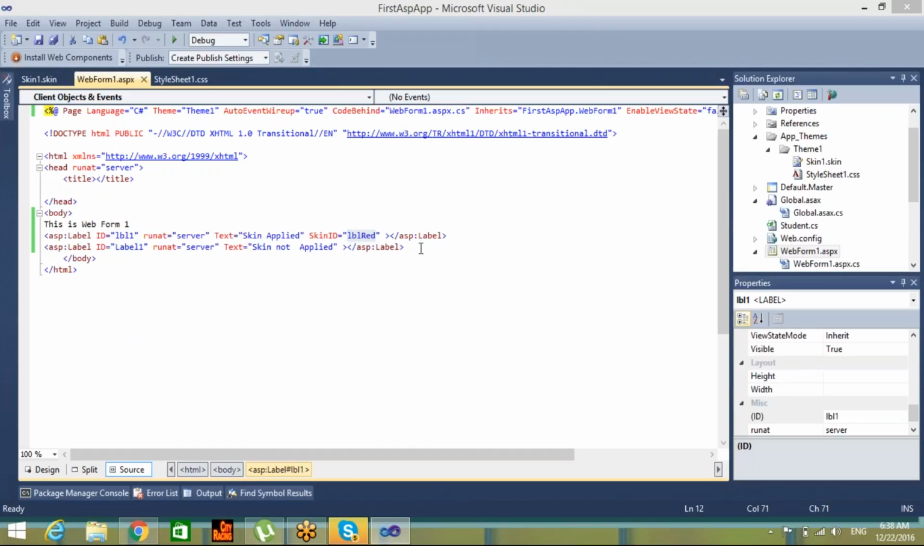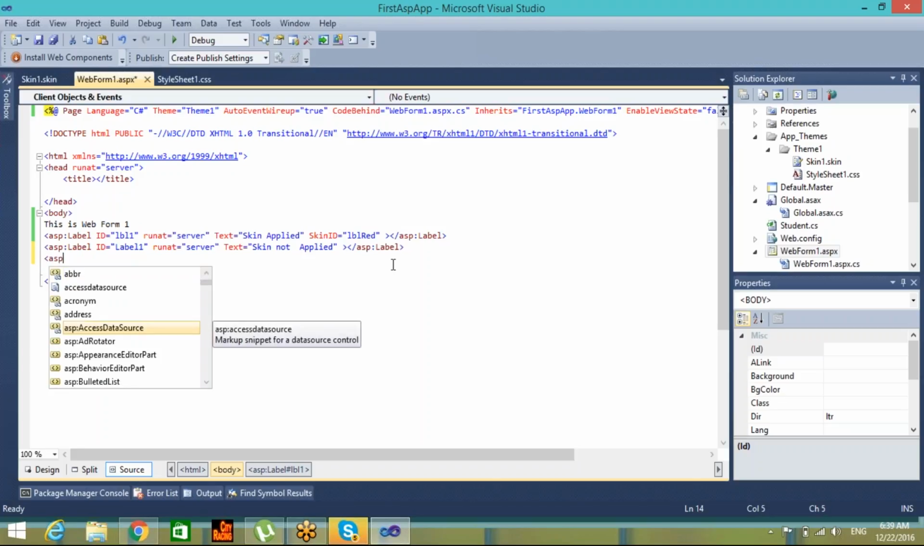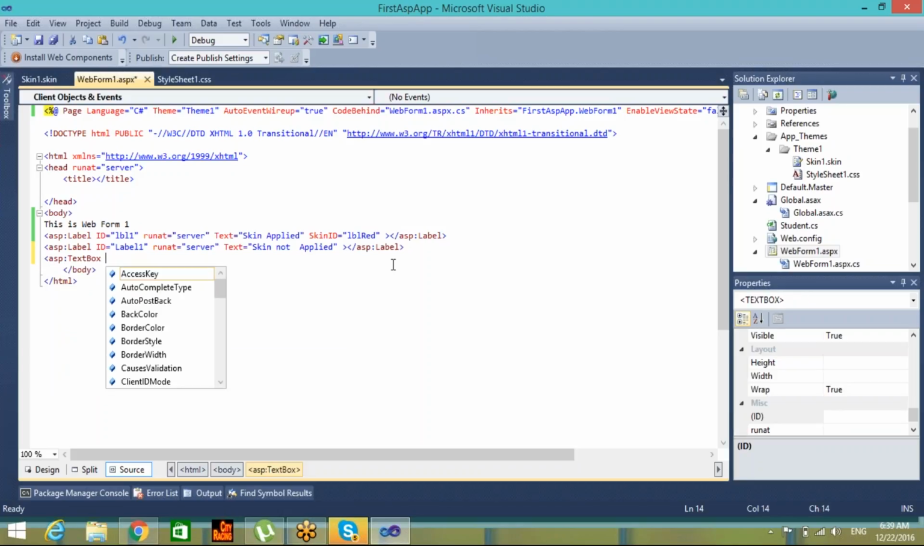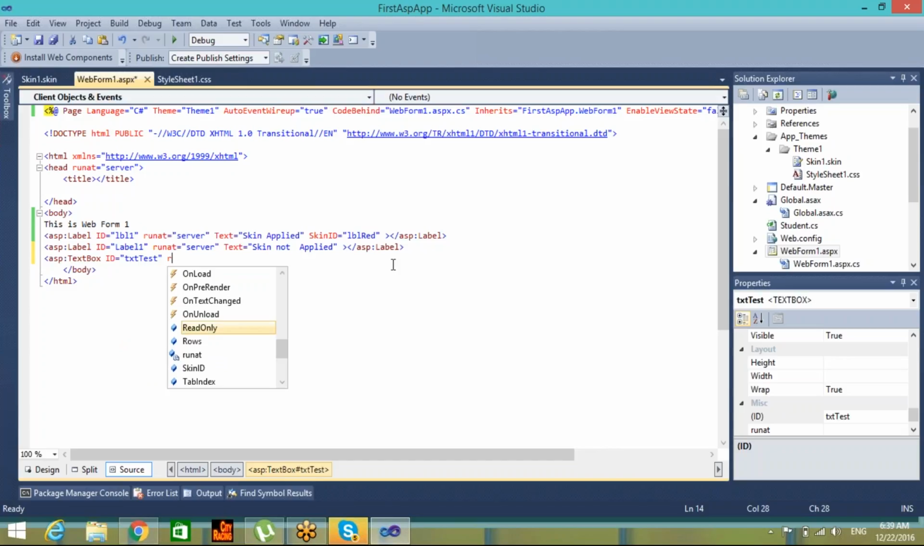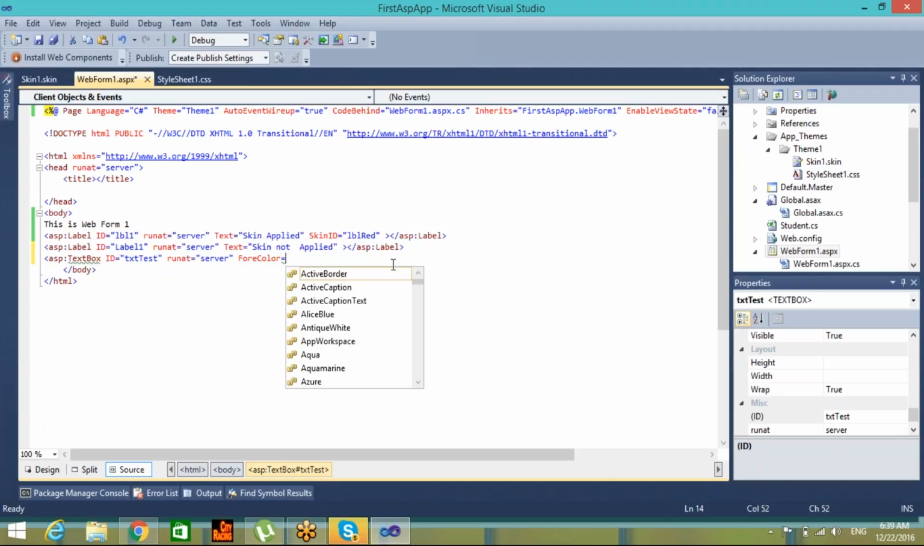The other way to apply it: because we see there is no IntelliSense in the skin file, we can create a text box or any control here, apply the style, and copy paste it there. As an example, I have a text box with ID equals txtTest, runat server, and I want to apply ForeColor equals say yellow,